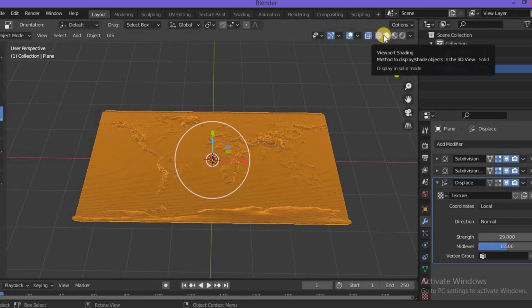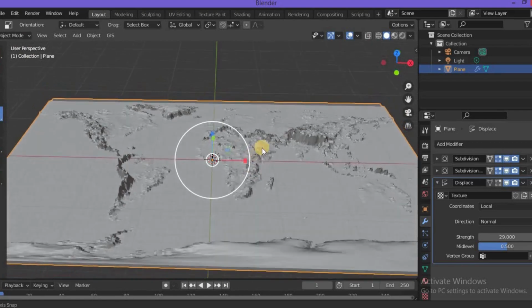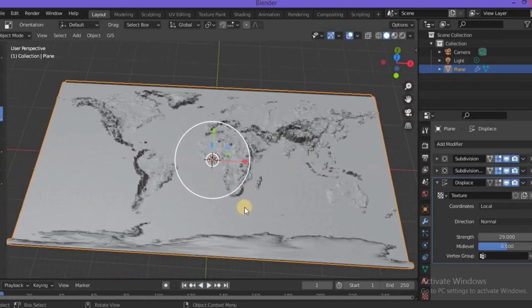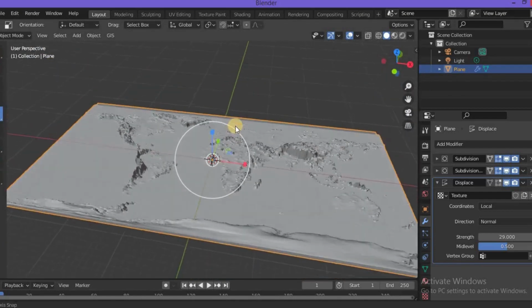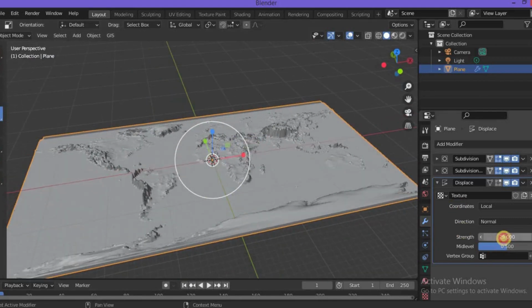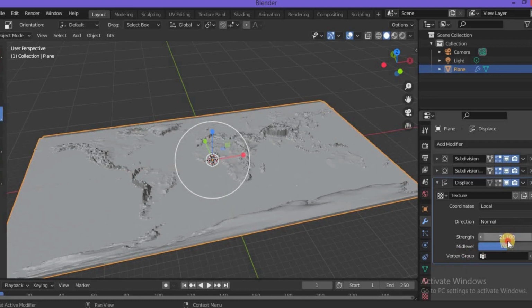You can go to this solid mode, and here you can view the plane changing as per the provided image, the heat map, and according to the heat map the image is changing. So you can increase it a bit more for a better view. Okay, let's keep it as 20.